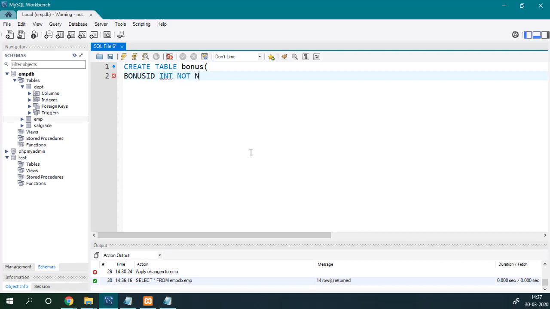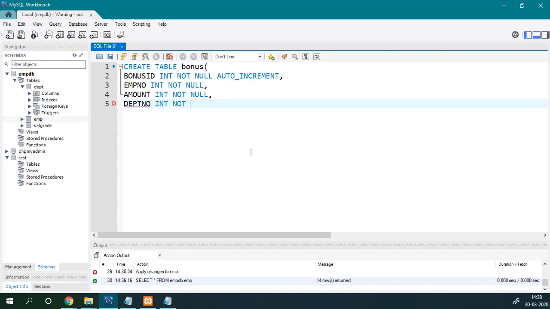integer, not null, auto increment. Next one will be EMP number, int, not null. Third one will be amount, int, not null. And the fourth one will be department number, int, not null. And then we will add the primary key here,